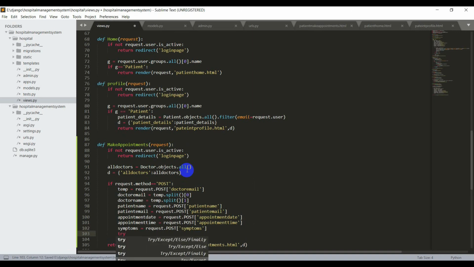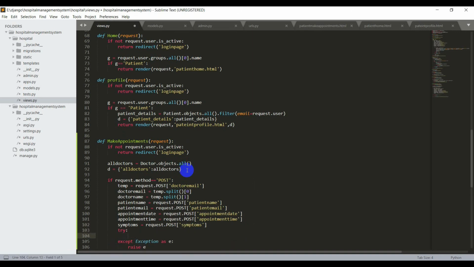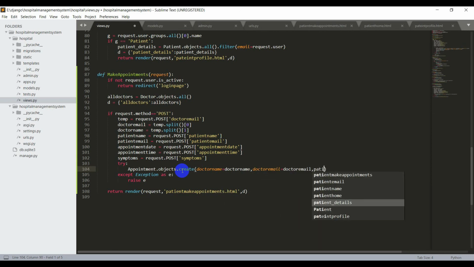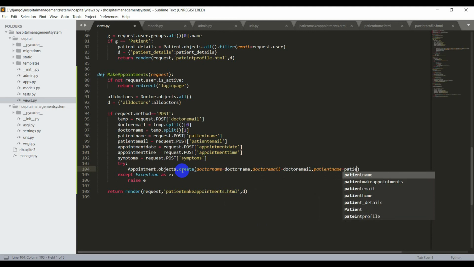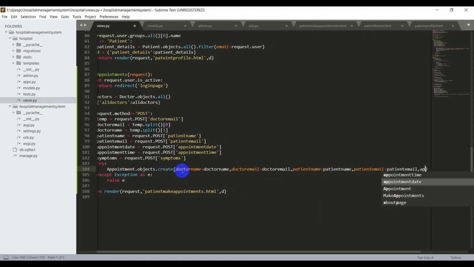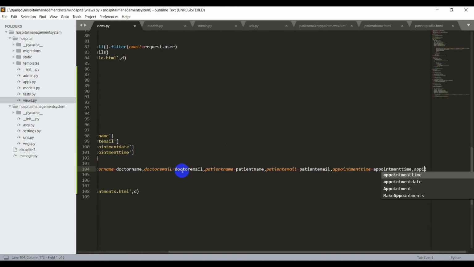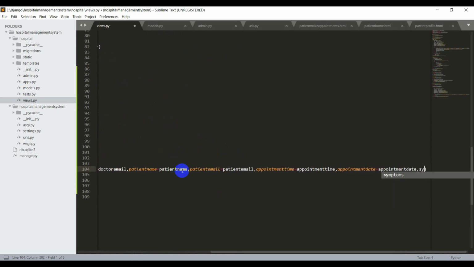So try colon, and here I'll say Appointment.objects.create of doctor name is equal to doctor name, comma, doctor email is equal to doctor email, comma, patient name is equal to patient name, comma, patient email is equal to patient email, comma, appointment time equal to appointment time, comma, appointment date is equal to appointment date, comma, symptoms is equal to symptoms.